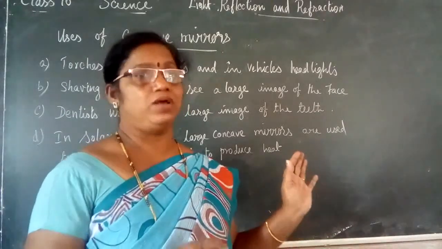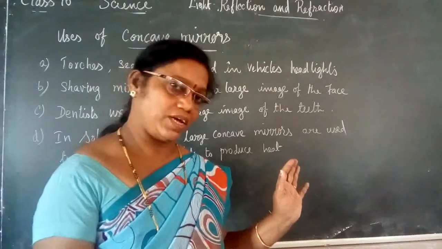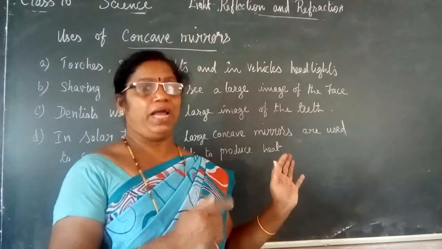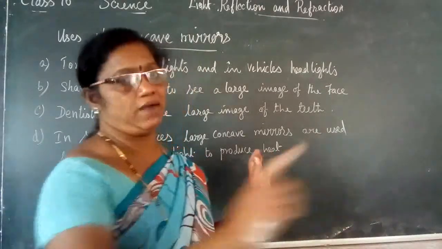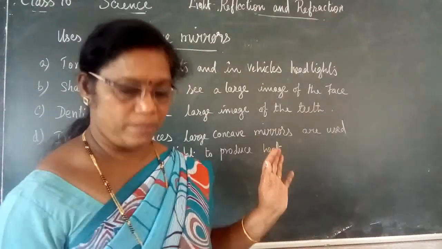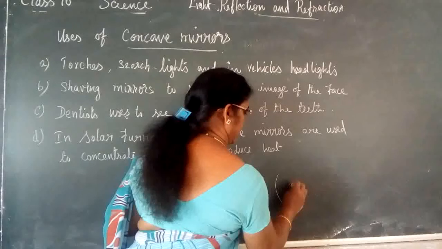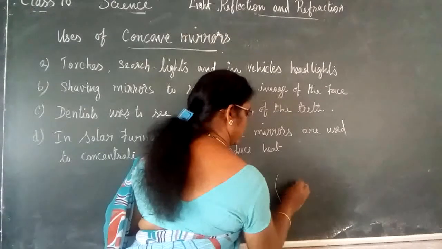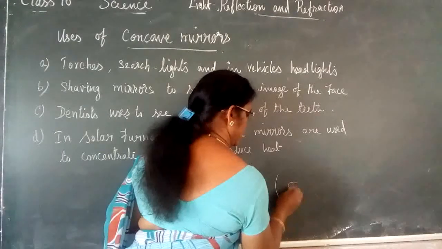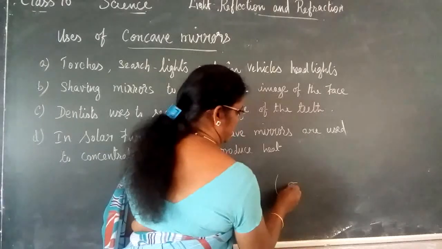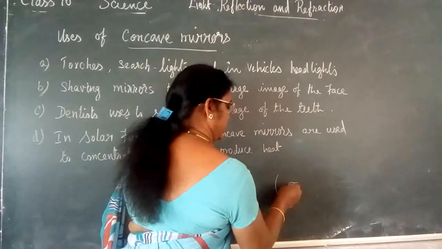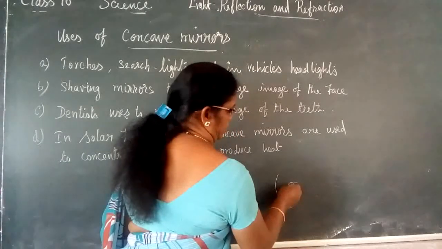concave mirror, so that the light which comes out from the bulb hits the mirror, and after that it travels parallel. Therefore, when the bulb is kept here, this is the principal focus, the bulb which is kept here after traveling